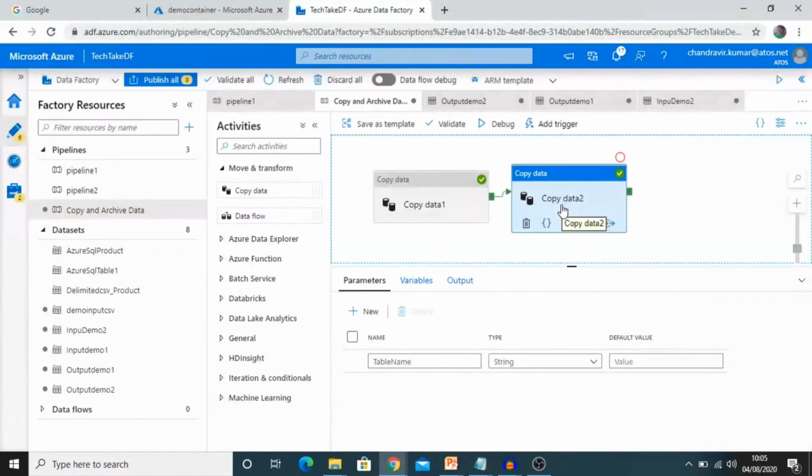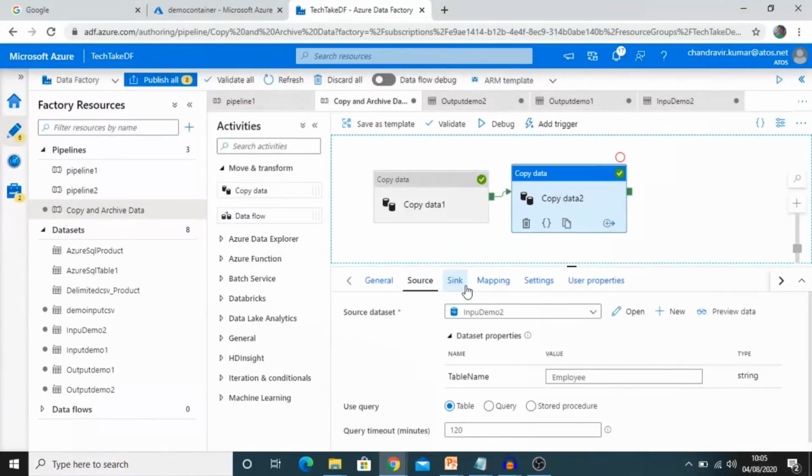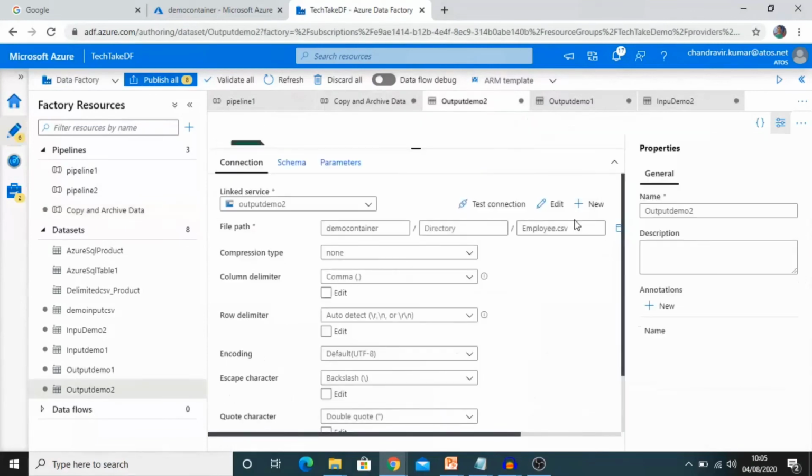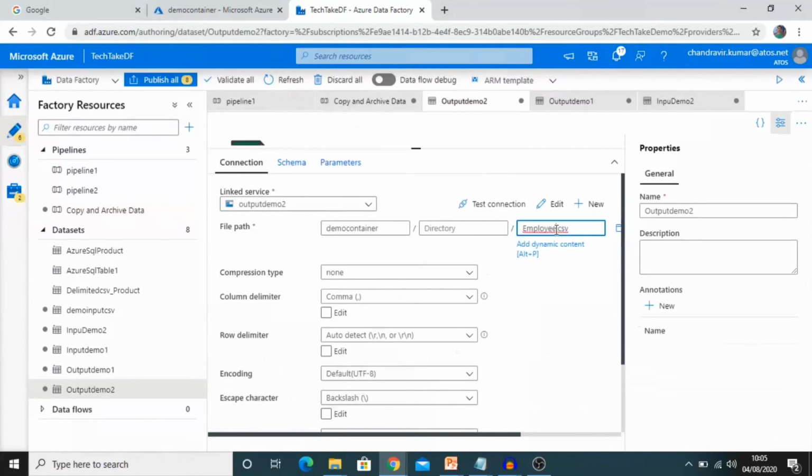So this time, go to both the copy data activities and make it dynamic for the table names. Let me change the employee file name of the second data activity, so we can distinguish the current file from the new file.